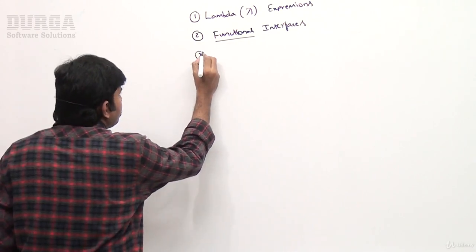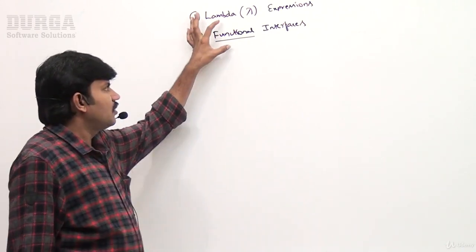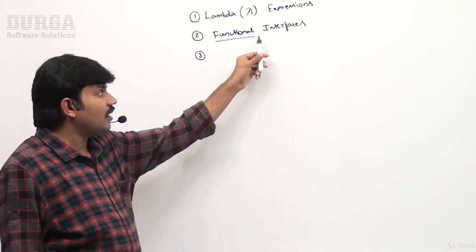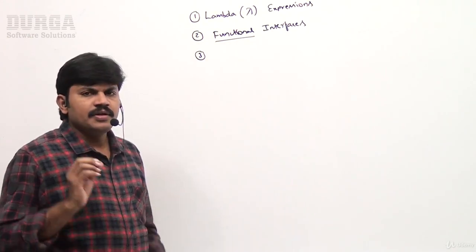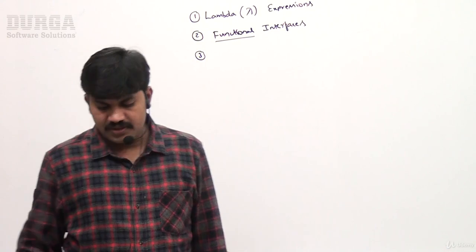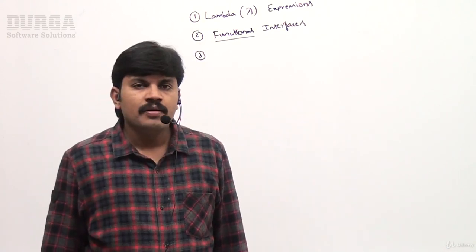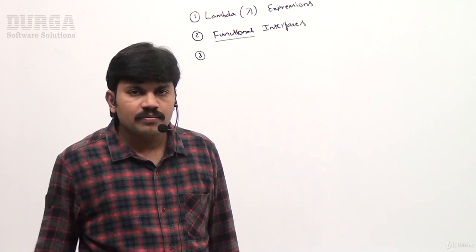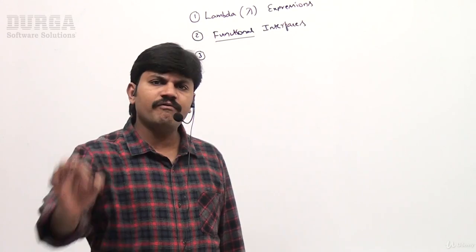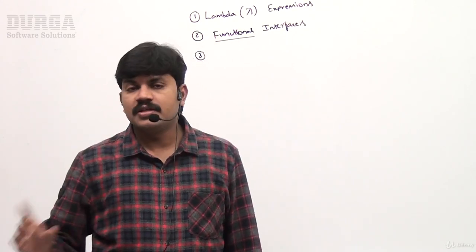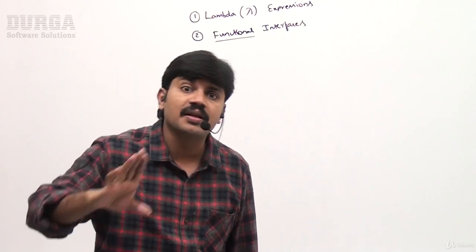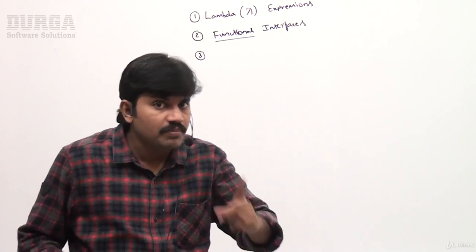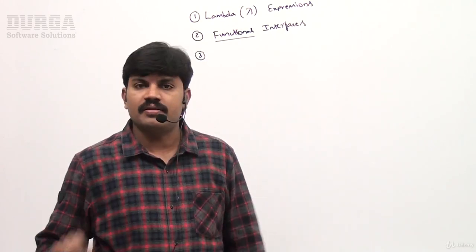Next, I will talk about these two things: how to write a lambda expression, and after that how you can call it by using functional interfaces. Next, in normal interfaces we can write only abstract methods, and we can declare public static final variables. Every method present inside an interface is always public and abstract, whether we declare it or not. Every variable present inside an interface is always public static final, whether we declare it or not.